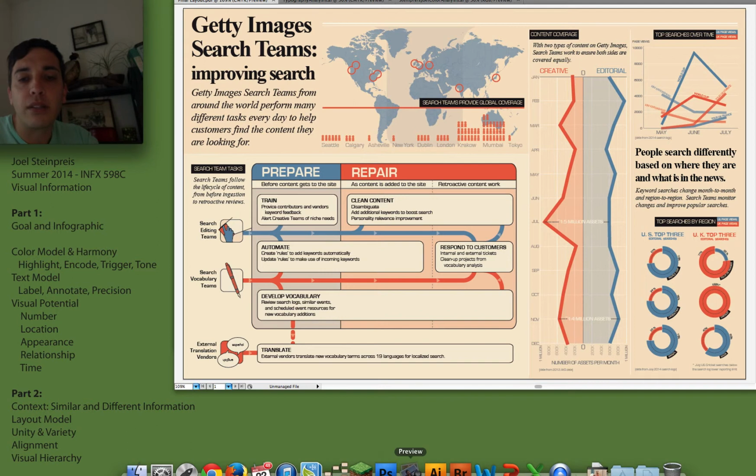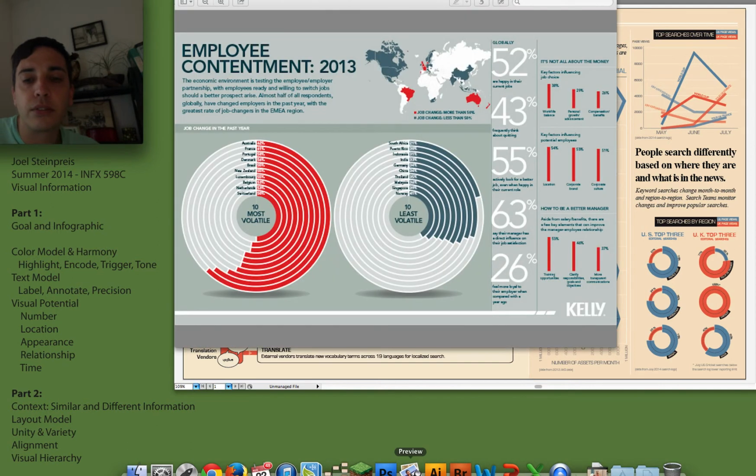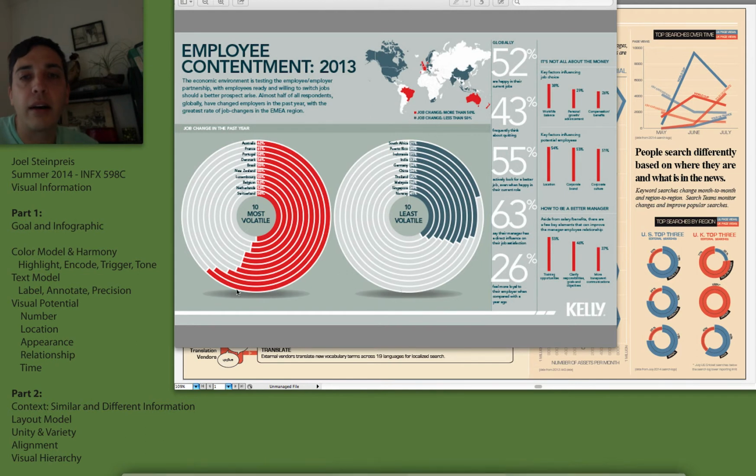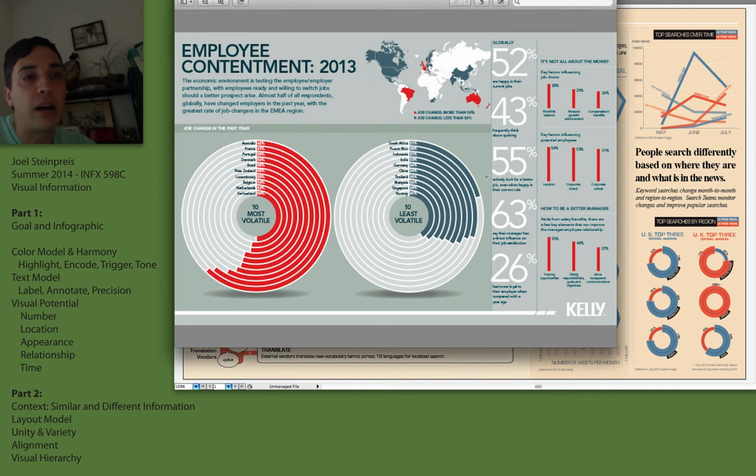this chart. And as you can see, there's a very large section here that's devoted to what they really wanted to focus on, which was job changes over the past year. I'll also include this link in the description below. There's a location field, there's some number components here. So since I really wanted to focus on